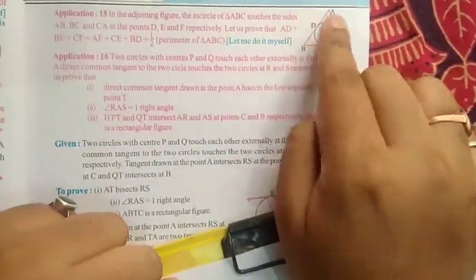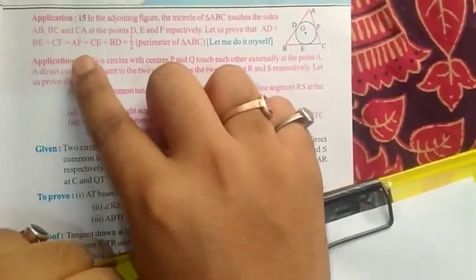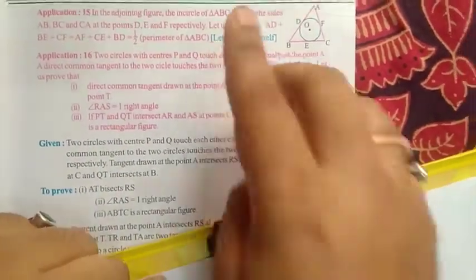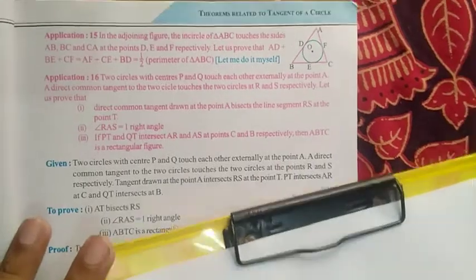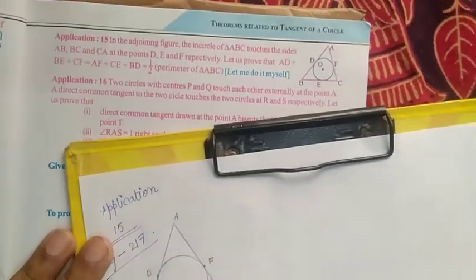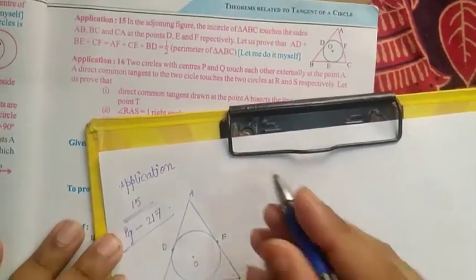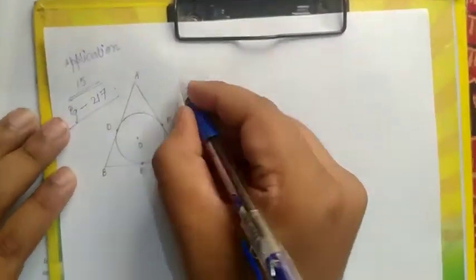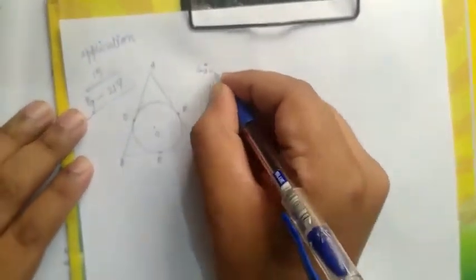Let us prove that AD plus BE plus CF equal to AF plus CE plus BD equal to half of the perimeter of triangle ABC. So now, this is the diagram. So what is given? Given is